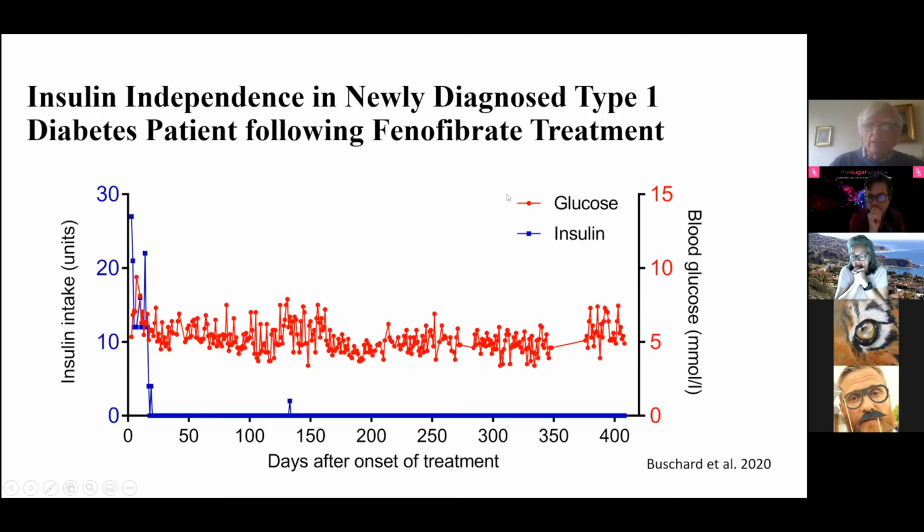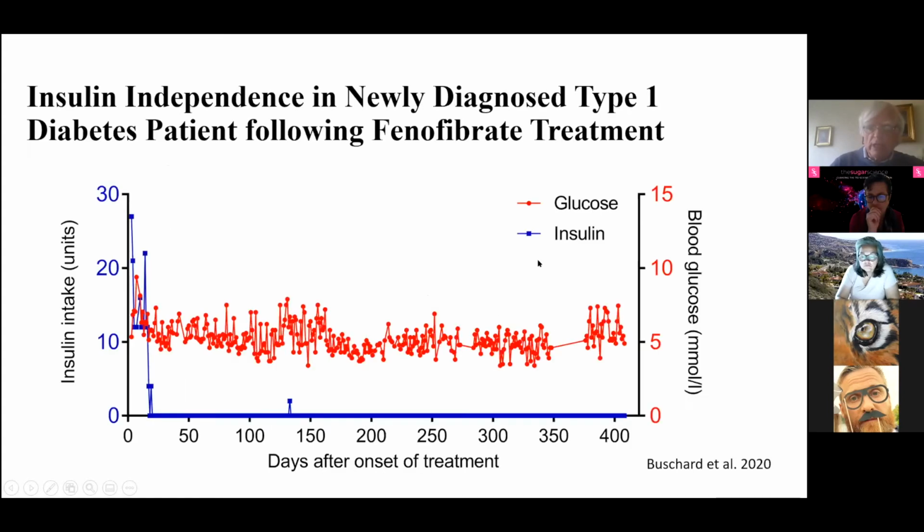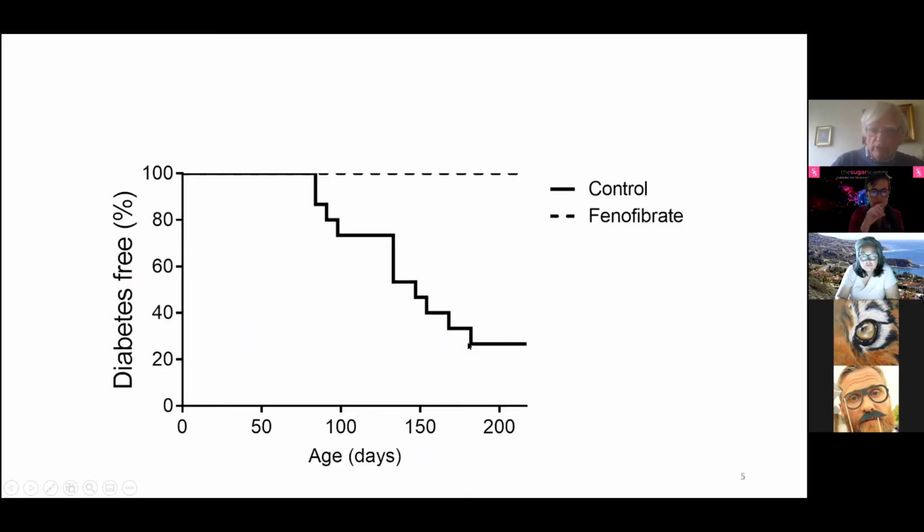Karsten, was this prevention or intervention? It was, yeah, we gave it from before the diabetes. I think we started here at the... Okay, so prevention. Yeah, sure. What about intervention? Yeah, we have done that, and then half of these animals got out of diabetes when having fenofibrate. So half of these were cured when giving them fenofibrate.